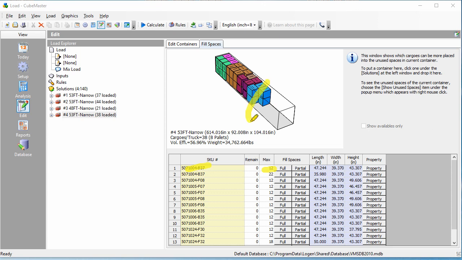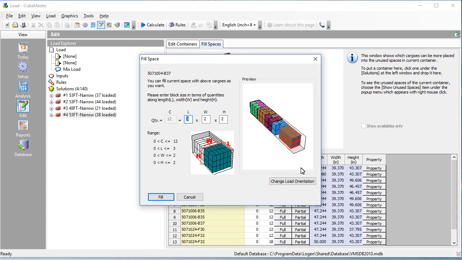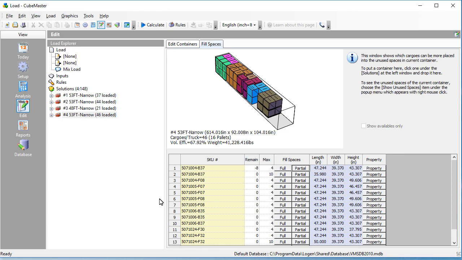So if you click this button, it shows this item can be placed maximum 12 more, but you can change the arrangement by giving a new value. So this is telling okay, I would like to put 8, and then now the list has been changed to reflect my changes, and then you can put the full amount,